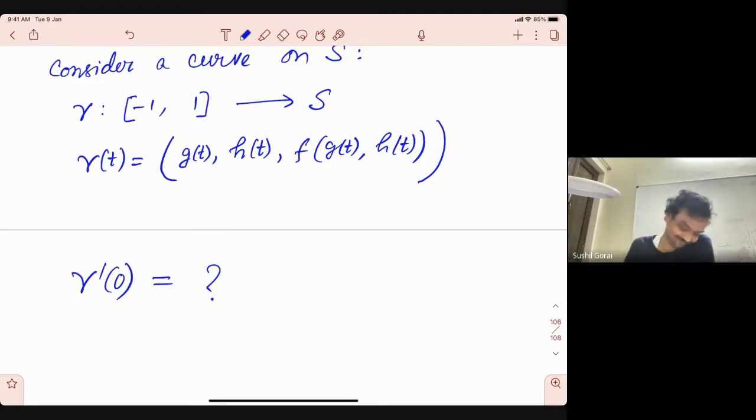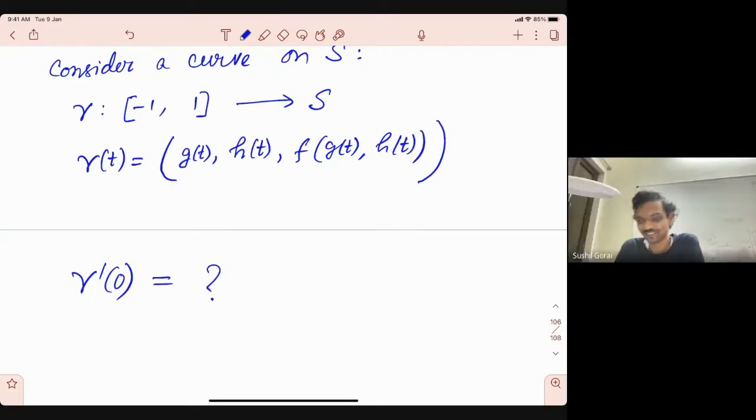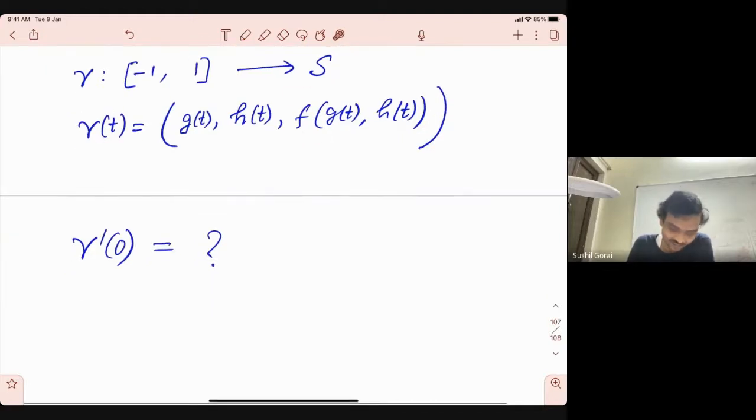See, the first component has no problem, right? It's g prime 0 and h prime 0. The only thing is the chain rule you need to use here. So what Satyik is telling is it is g prime 0, h prime 0, and